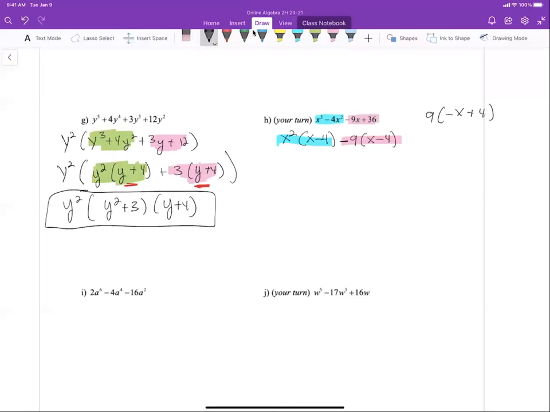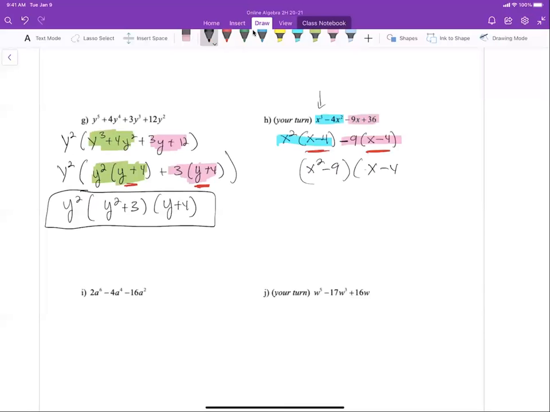Notice that I'm really close in that situation to what I want, which is to have an x minus 4, and that should trigger you that you should pull out a negative number instead of the positive, so you can force that term inside the parentheses to be identical to the one that we just had, okay? And so now once I've done that, I can factor this out, and I get x squared minus 9 times